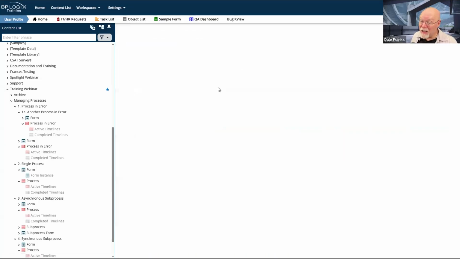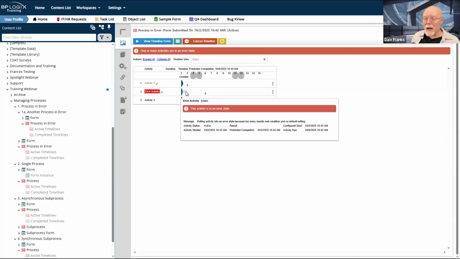Because I didn't assign a user and there is no default result, the process timeline does not know what to do with this activity. Is this a misconfiguration? Technically, no, because I do have a user assignment, but for whatever reason, the user picker is now not returning the right user.